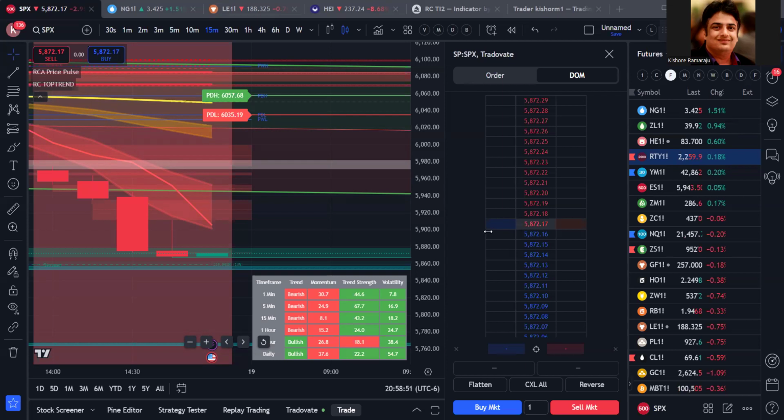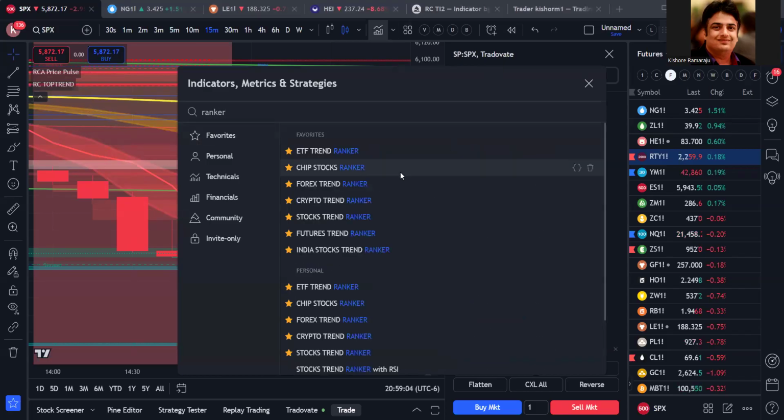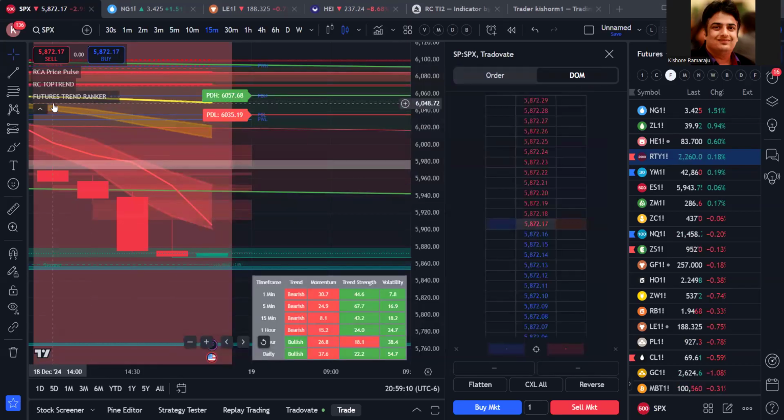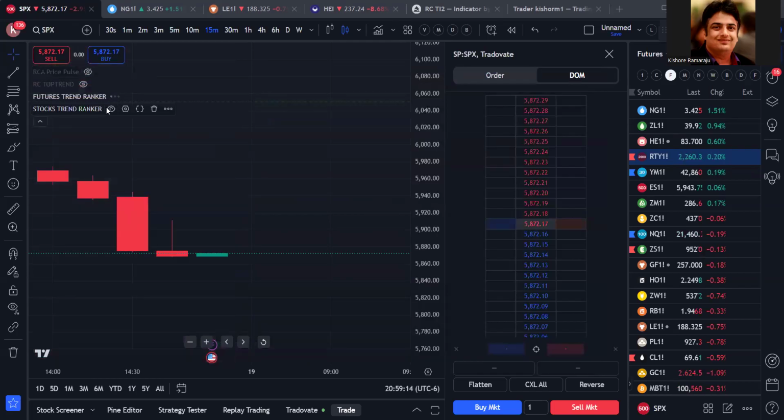TradingView, if you want only two indicators, even with the free TradingView plan you can use it. But we have multiple indicators, right? For example, we have something called futures ranker or stocks trend ranker. So whenever on the day you want to know which stocks to play or which futures to focus on,